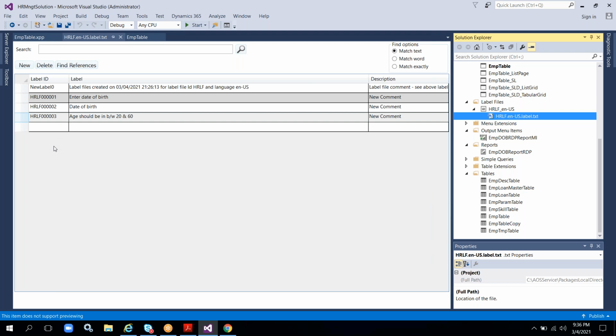Yeah, Arjun. Got it. So in real life, one label file will already be created, and we should just add it to the project every time, right? And add the name. Yes, for example, already